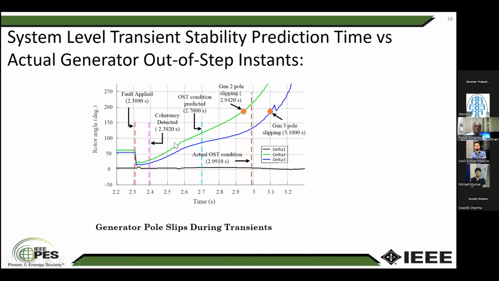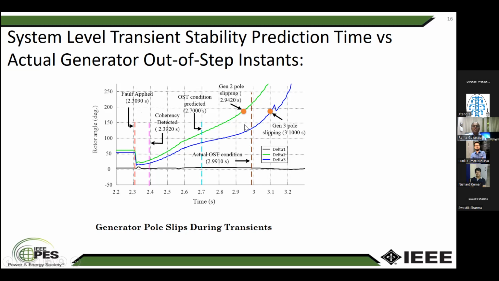It was for a 9-bus system that we analyzed. So if you see here, the y-axis is the rotor angle and the x-axis is the time. The fault instance was at 2.3090 seconds. So from here to the blue region, 2.3920 seconds, we do the real-time coherency detection. And the prediction happens at 2.7, and the actual out-of-step conditions, if you see, are happening at 2.9910